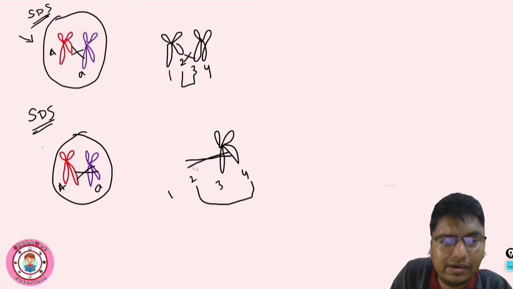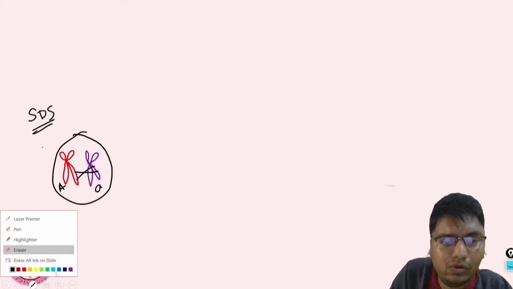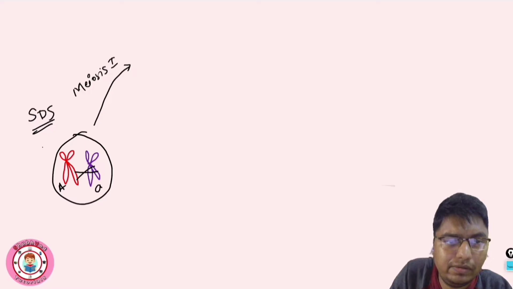Okay, so let's get started with the second case of the SDS, where there is crossover between second and fourth chromosome. Chromatid, we can say, right? So first of all, meiosis 1. Meiosis 1 will give rise to